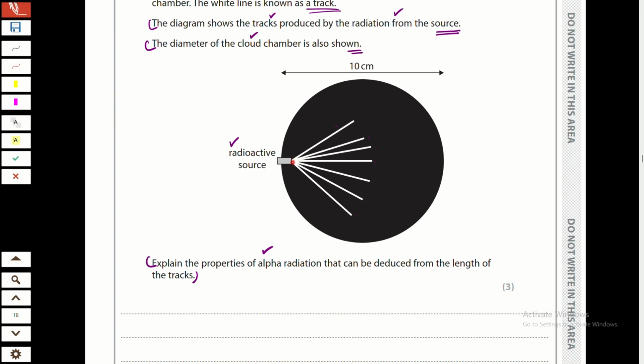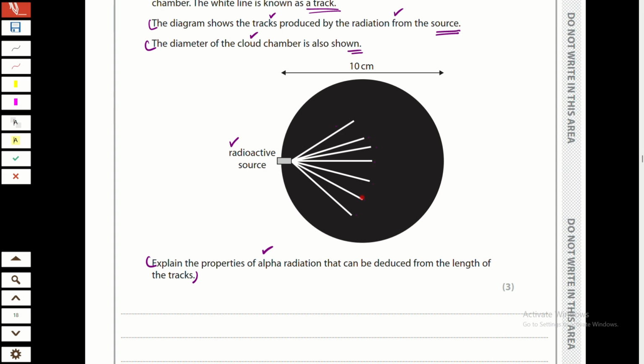All of these tracks are approximately equal length. Another thing that you can observe is that these tracks are much smaller than the diameter of the cloud chamber. The diameter of the cloud chamber is 10, whereas the length of these tracks is much smaller. All right. So the idea that the tracks are of equal lengths indicates that all particles have the same kinetic